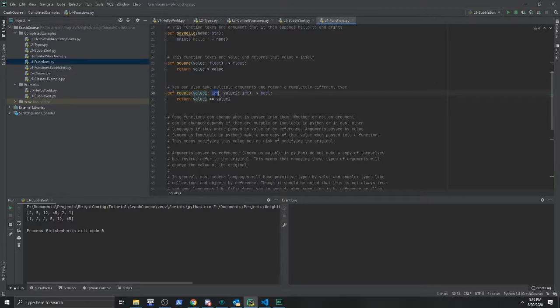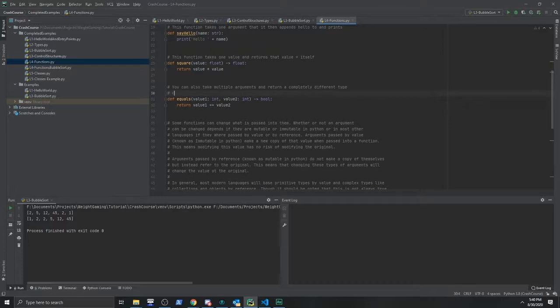This first value is going to be an integer. This first value is named value 2. It's going to be an integer, and we're going to return a bool. And this is actually a very common function you see in C Sharp because C Sharp does a lot of things with equals under the hood. And what we're basically saying is tell me if value 1 is equal to value 2 and return true or false. So see, simple. If we were to do this in a C-like syntax again, just so everybody knows,